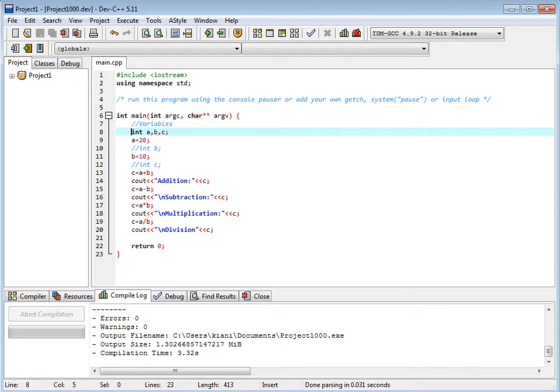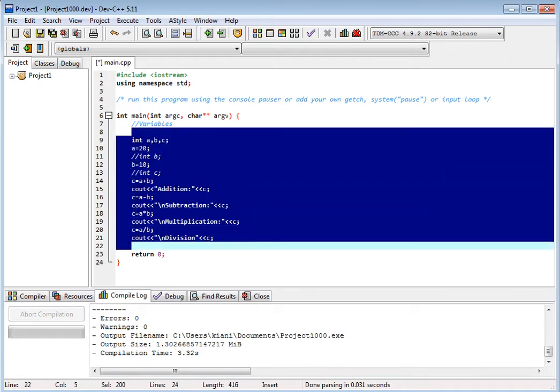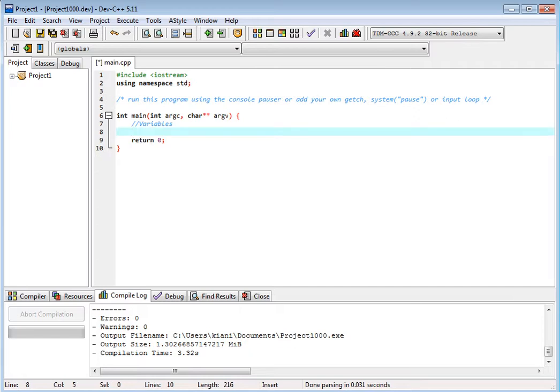These are variables and I just remove this program, and I write conditions, okay. Conditions are if else, if condition. I write integer a is equal to 1, okay.